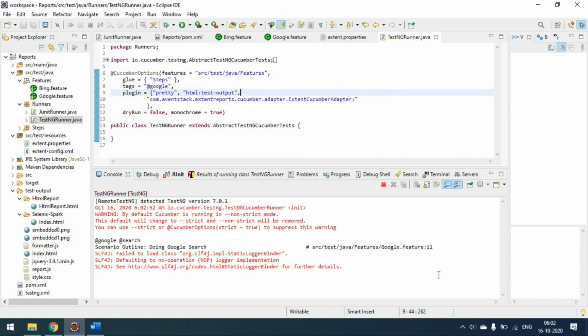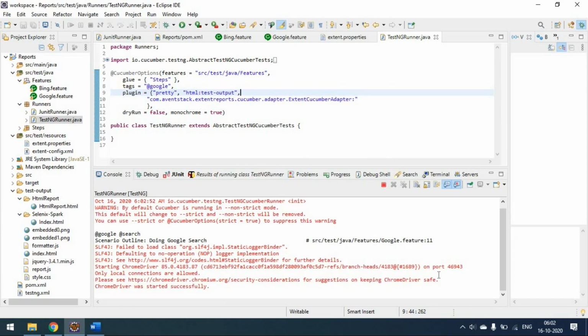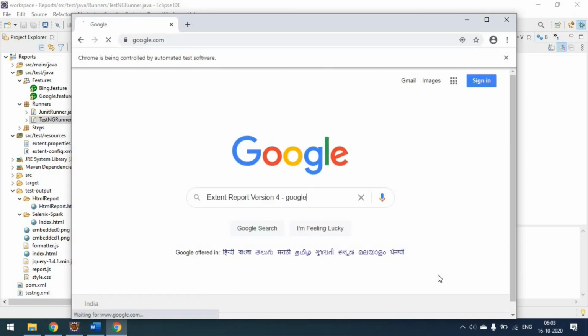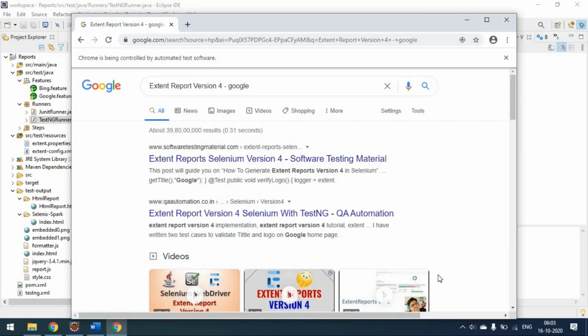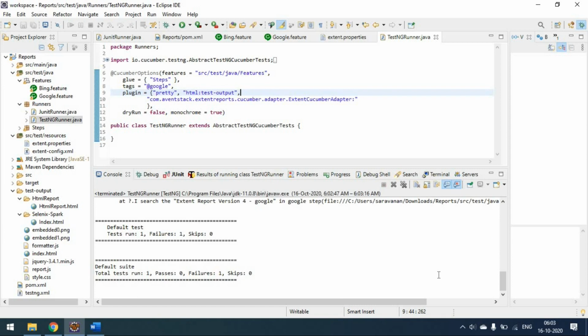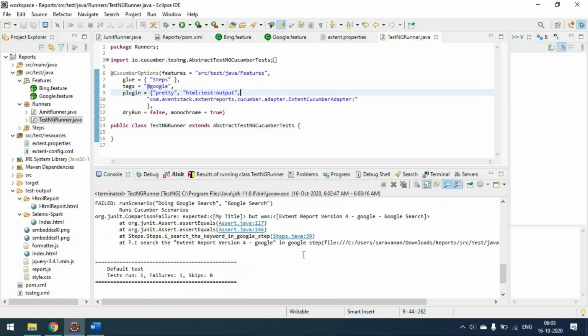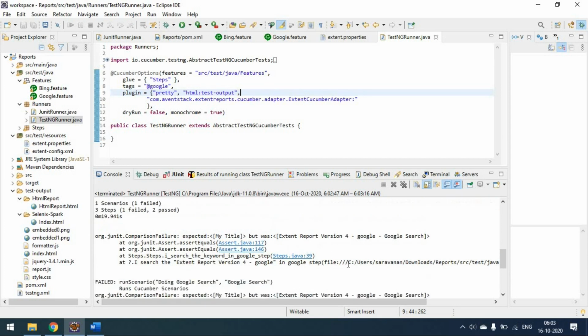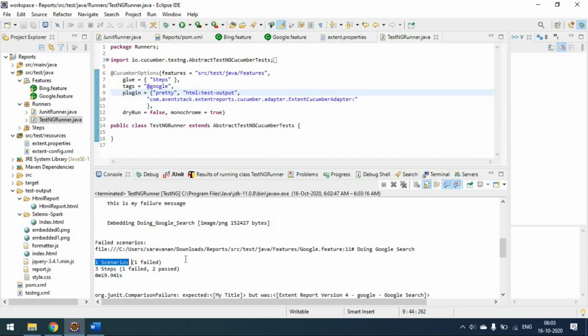The execution has started. Here I have mentioned only the Google feature, so that's the reason it ran only one time. You can see only one scenario ran, and one failed.